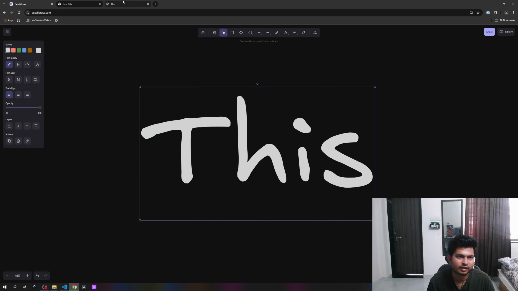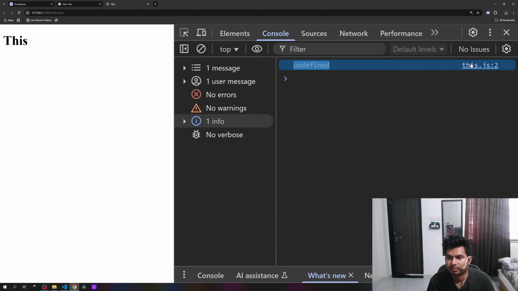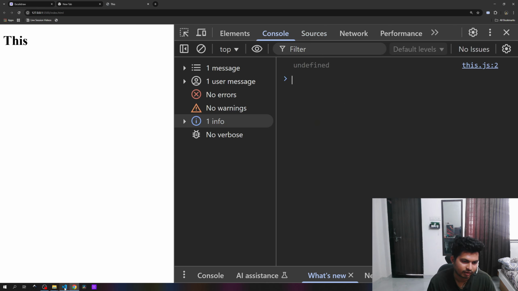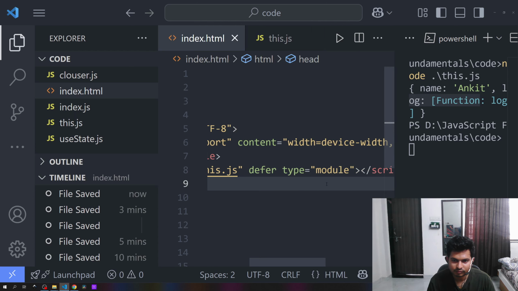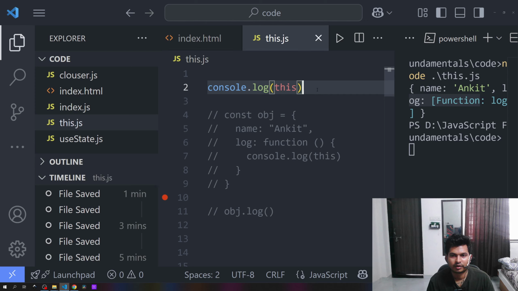So if I go to the browser, as you can see on line number 2, this value is undefined. But if we don't use strict mode, if we remove this type module, then it will be replaced by the window object,